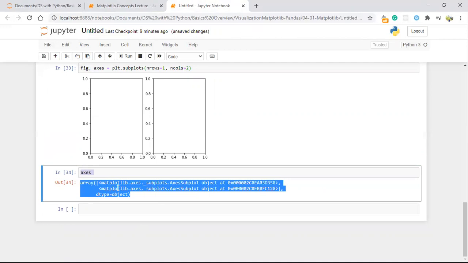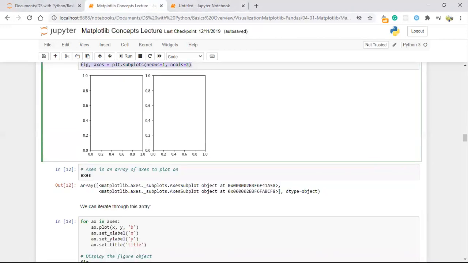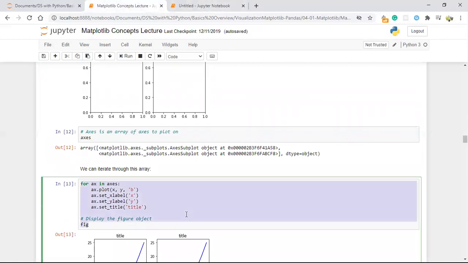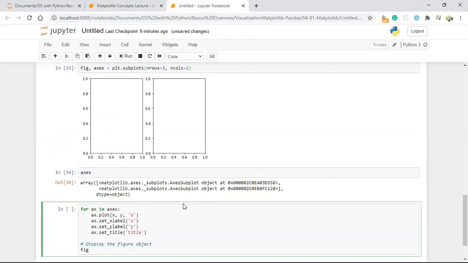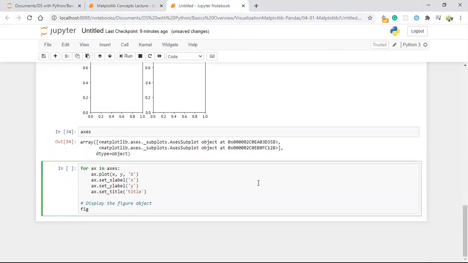So we need to apply iteration, that is mandatory here. For that, I'm applying this method: for ax in axes, that's nothing but a variable name in axes, plot, set xlabel, set ylabel, title, and I'm just going to show this.